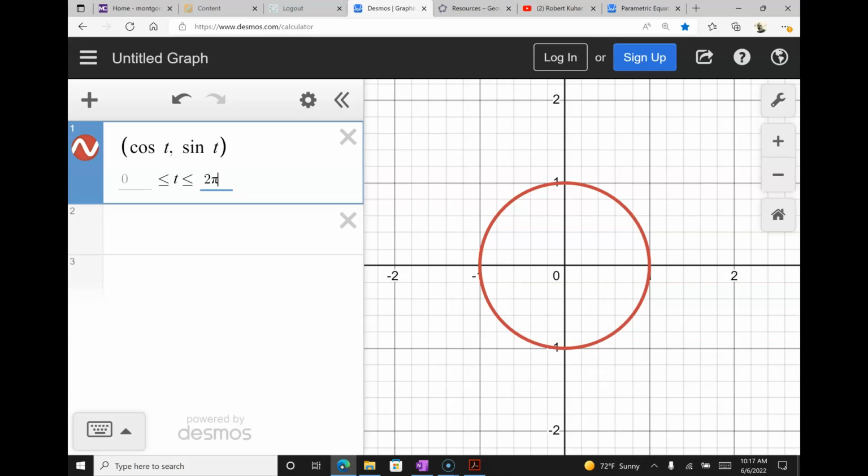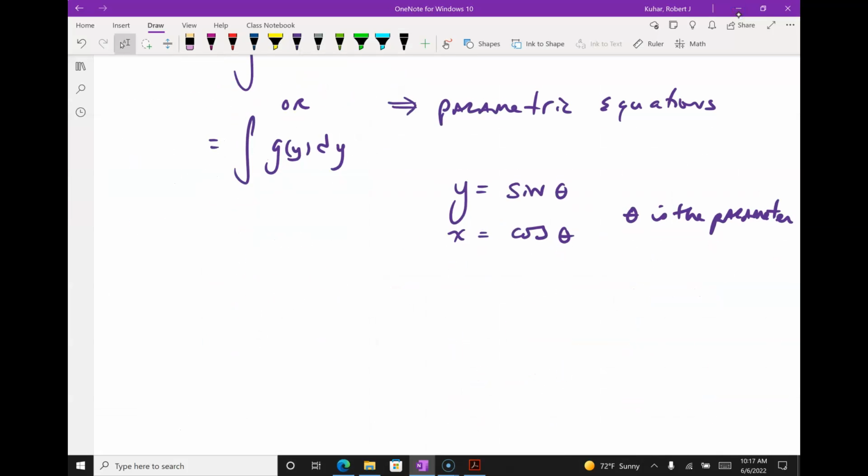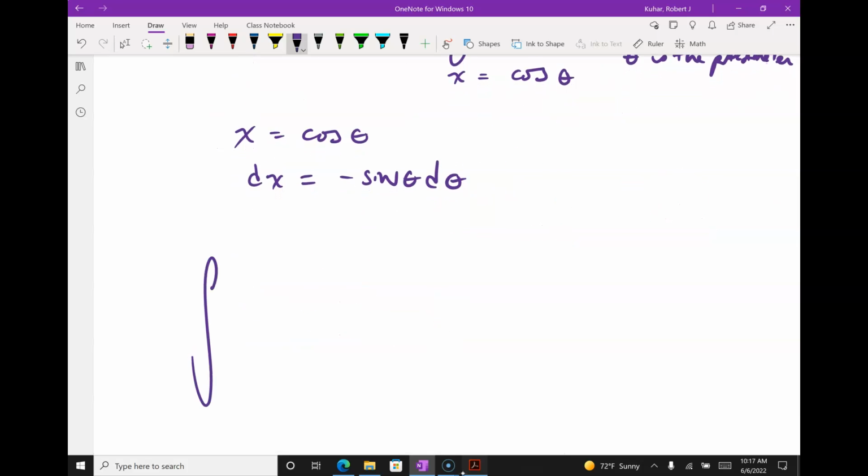Well, what do you think? What's the area there? Pi r squared, right? Well, let's see what our calculations do for us. If I have x equals cos of theta, what's dx? Negative sine, right? So taking a look at my integral from 0 to 2 pi